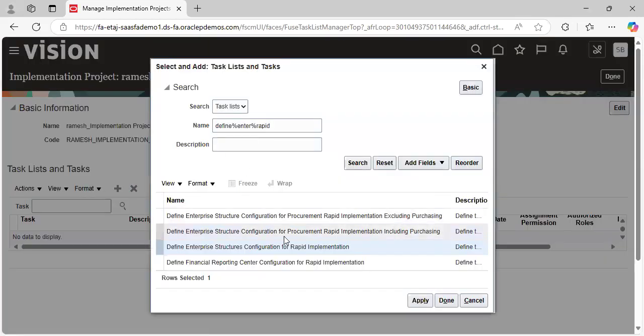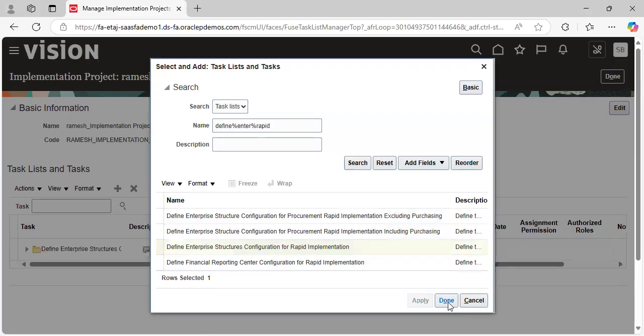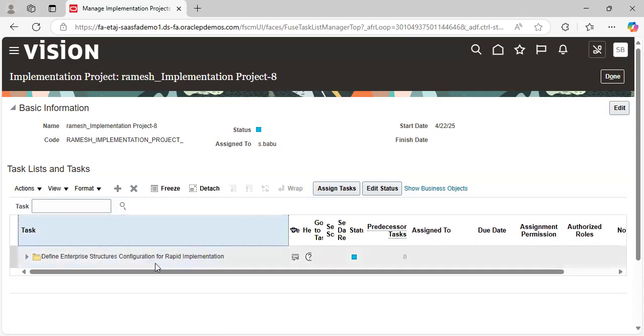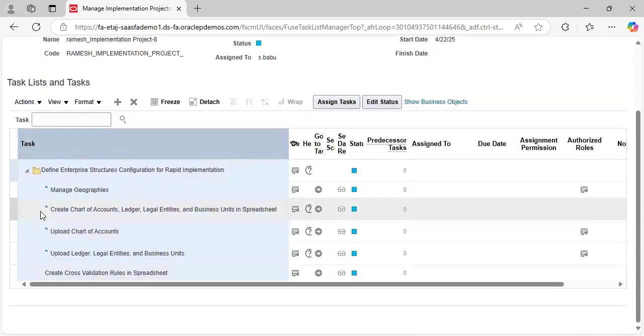Yes, now it is attached here: Define Enterprise Structure for Configuration and Rapid Implementation. In that, now I am going to download the